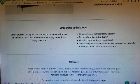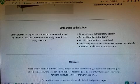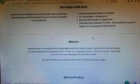Actual things to think about. How much space do I need for my clothes? Do I need hinged or sliding doors? Would I prefer a modern or classic look? Think about your collection of clothes. Do you need more space for hangers or